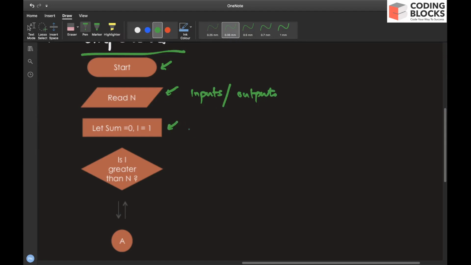And if you want to do some kind of processing, for example, t equals milk plus water plus sugar plus tea, and let's say tea bag. So this is what makes a tea. So you're doing a certain kind of processing. Whenever you're going to do some kind of processing, you will make a rectangle, right?